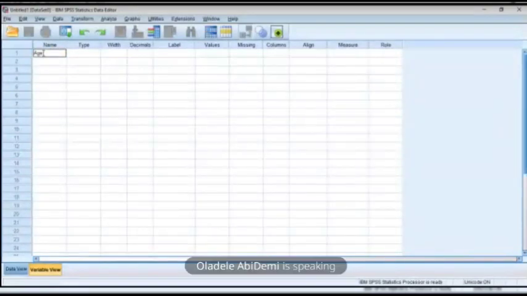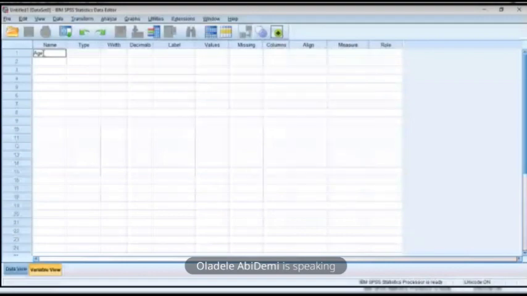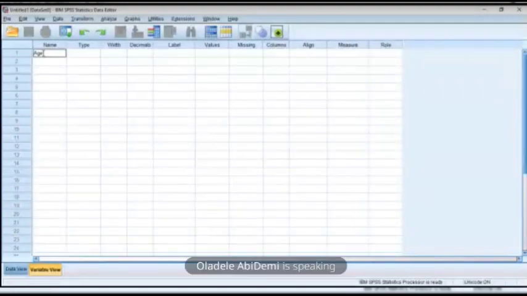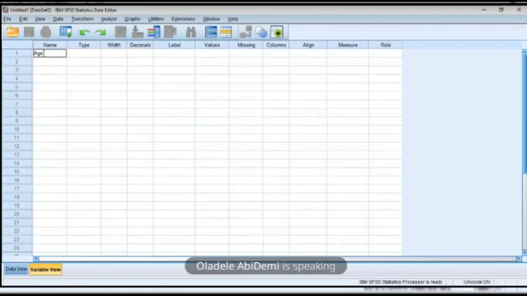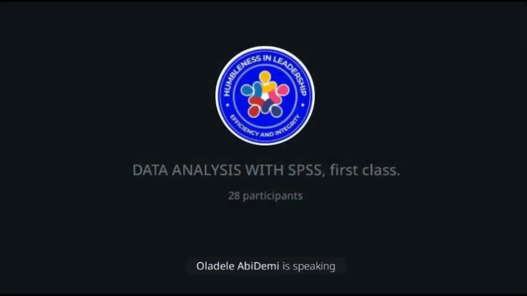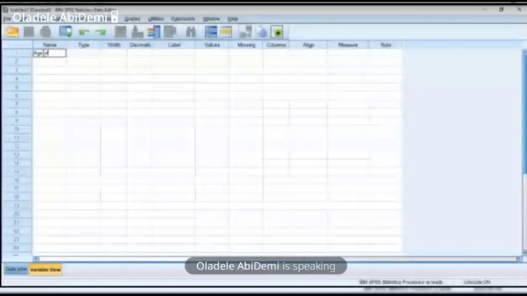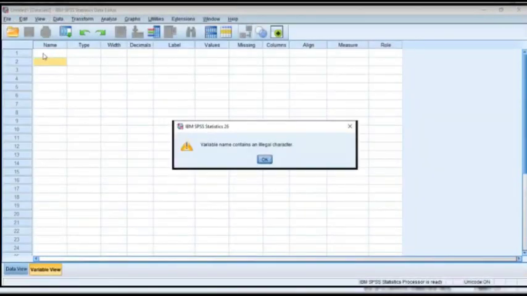Now there are some characters that SPSS will not allow you to input as a variable name. It won't allow you to use a space. If you put a space in a variable name, it's not going to allow you to do that. For example, "Age of": the space is an illegal character.